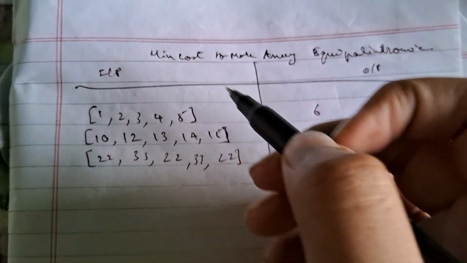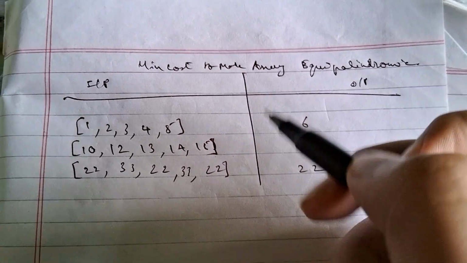So in this video, I'm going to discuss the minimum cost to make array equalindromic, which occurred in today's LeetCode